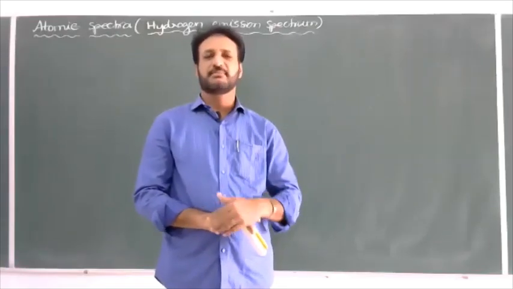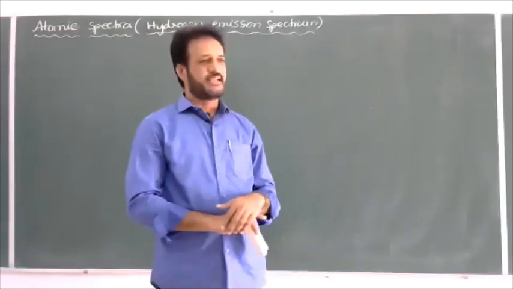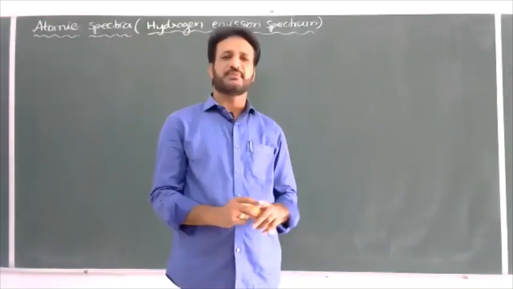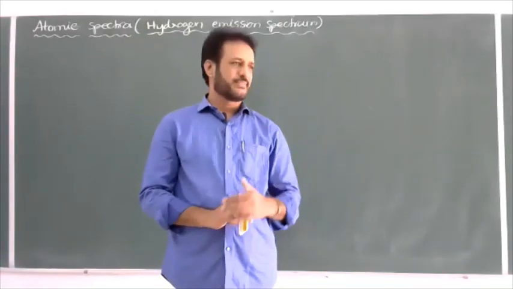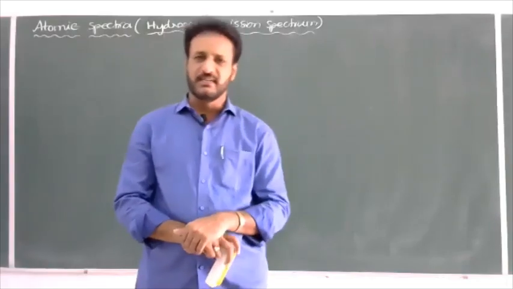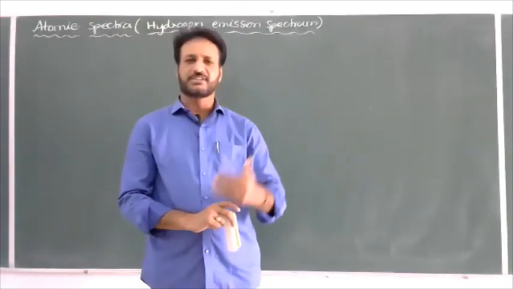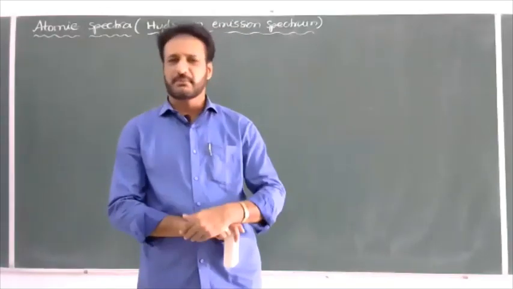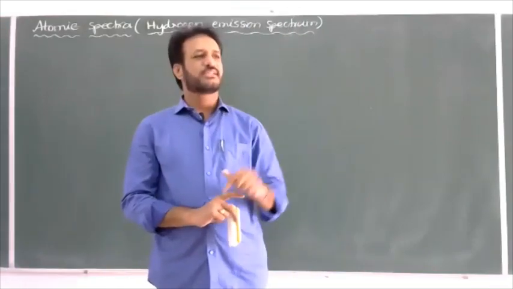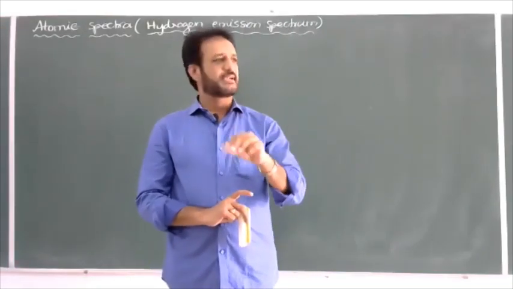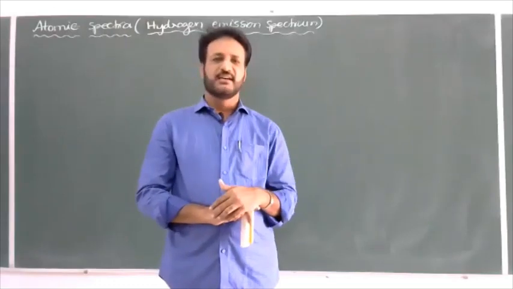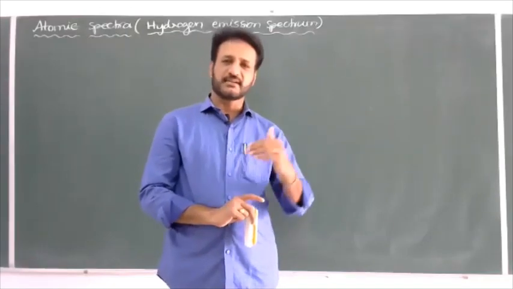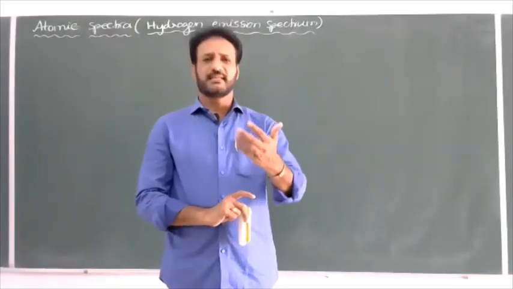But what kind of spectra they may give? If you observe hydrogen, it gives a line spectrum. It doesn't contain continuous wavelengths. Instead, it has discrete lines. If you take the line spectrum of hydrogen, it contains some bright lines against a dark background. That is called line emission spectrum. If you study the line emission spectrum of hydrogen, we can understand the structure of the hydrogen atom, the arrangement of electrons, how they emit energy, how they absorb energy, how we can remove electrons, or how we can make an electron jump from a lower to a higher orbit. So everything we can learn.